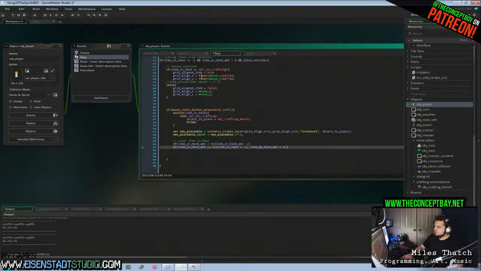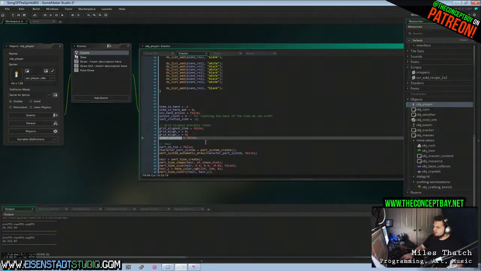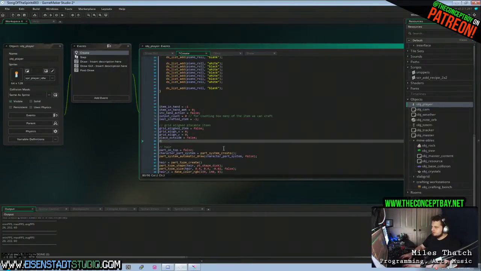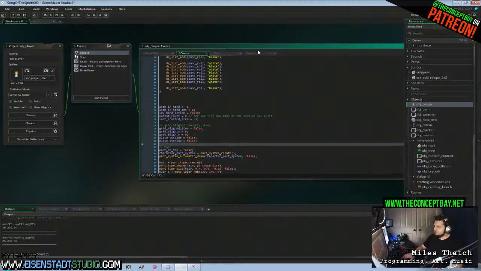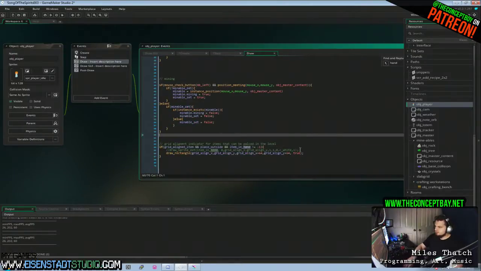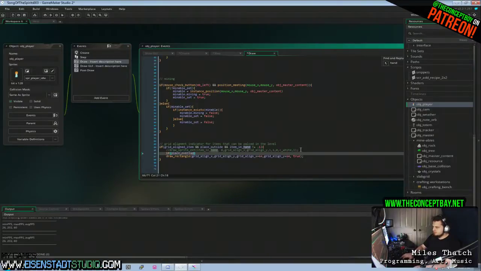Okay, so here's the deal. We need to create a variable, place overlap equals false. So here's the deal. Over here, when we draw the rectangle, if place overlap is true, then rectangle color is red. Else, rectangle color is